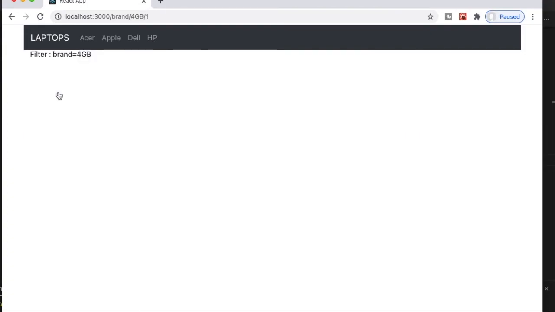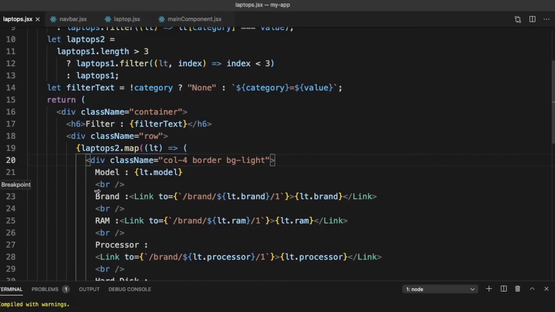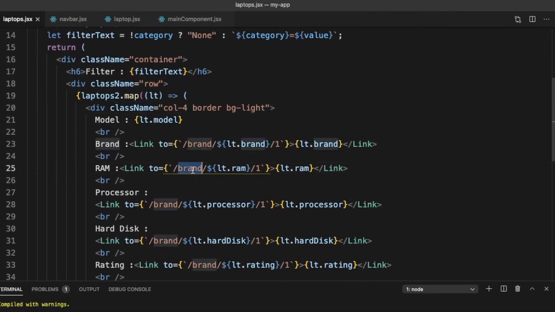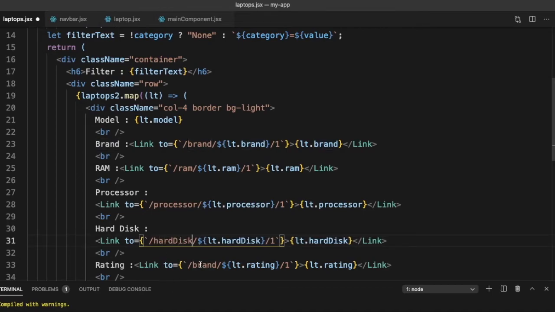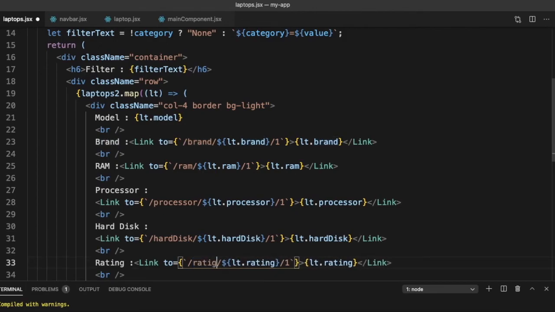If I click on the RAM, I get brand is equal to 4 GB. So why is that? This should have been slash RAM, slash processor, slash hard disk, slash rating.